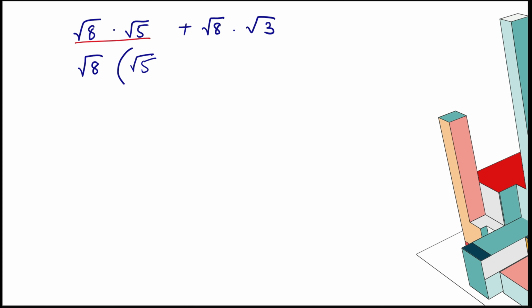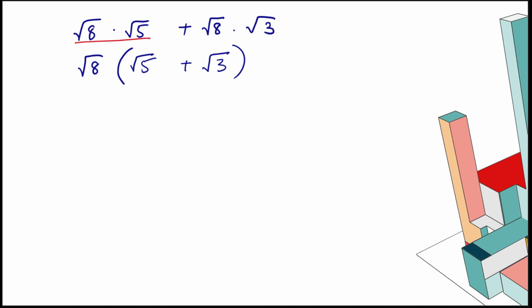In the next step, now you can take square root of 8 as common. So in the bracket, you will be left with, if you started from here, we already took square root of 8 outside from the bracket. It means if you multiply it by square root of 5, you will get this thing again: square root of 8 times the square root of 5. Similarly, square root of 8 is already outside. It means if you multiply it again by square root of 3, you will get square root of 8 times square root of 3.